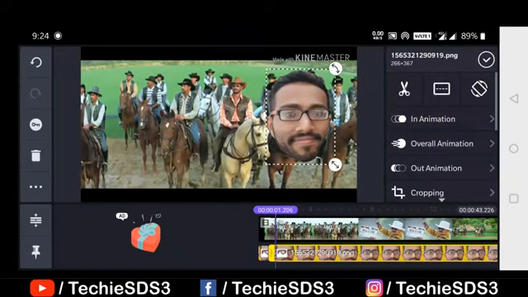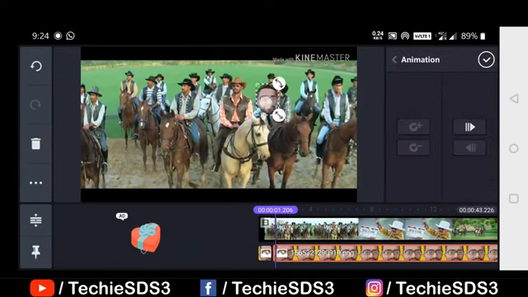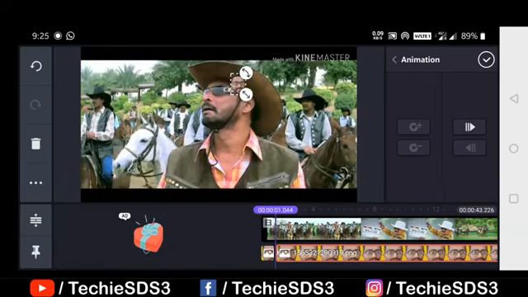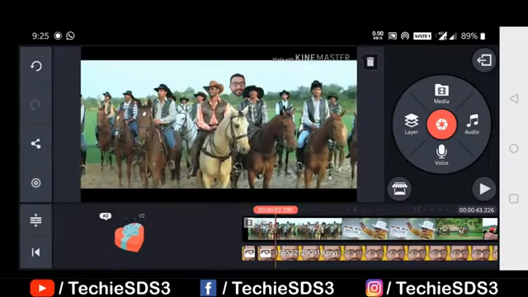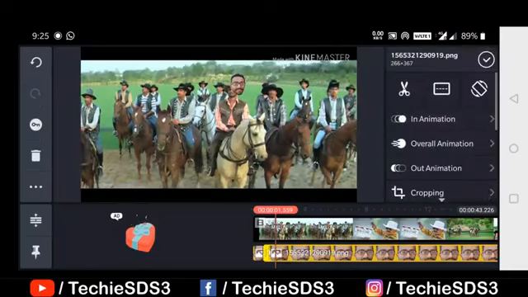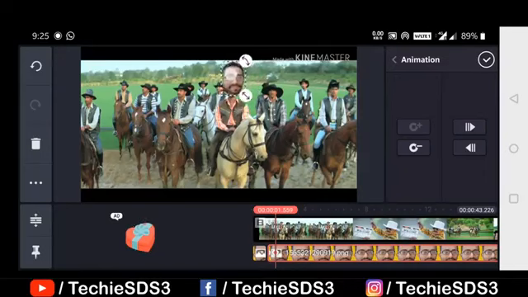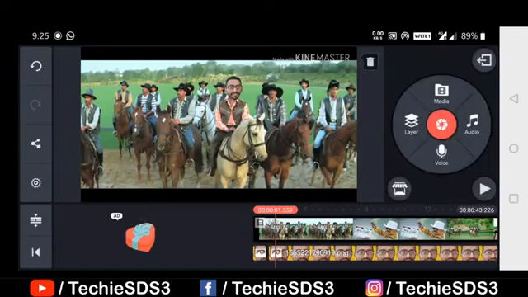So now we are into the second scene. So here also again click on the key button and adjust the face according to the background scene like this as you can see. And for every second you have to work, guys. For every second you have to place the face as per the movement of the background. Only the animation will be taken care of by the application. So you have to work carefully here. The more precise you work, the more perfect shot you get in the final video. However, I am doing this just to show you guys, so it won't be perfect, but still I'll work and show you the final video.